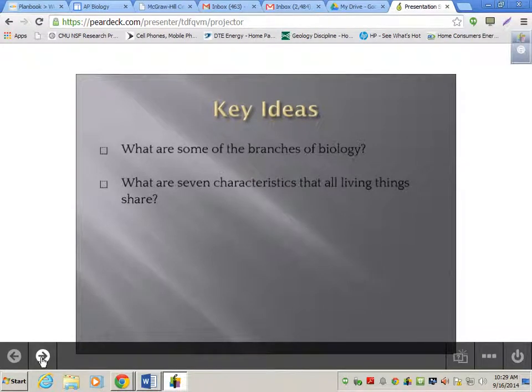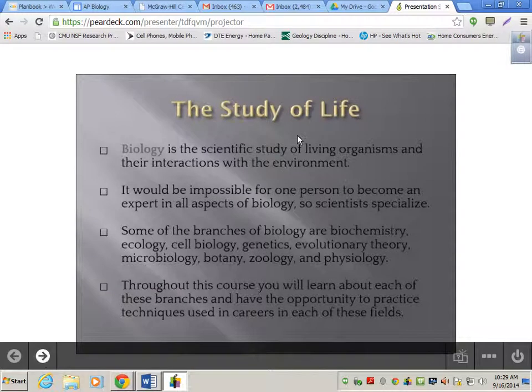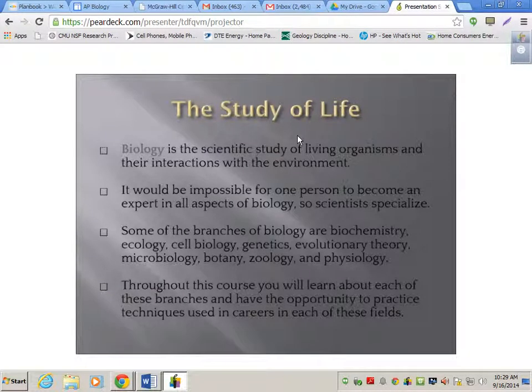So today we're going to look at the branches of biology, and we're going to look at the 7 characteristics that all living things share. You guys listed a lot of them there. This is a pretty short set of notes. So looking at biology, we understand that's the study of life. Bio means life, logi, the study of. Okay, makes sense, the study of life and of living organisms and how they interact with non-living things like their